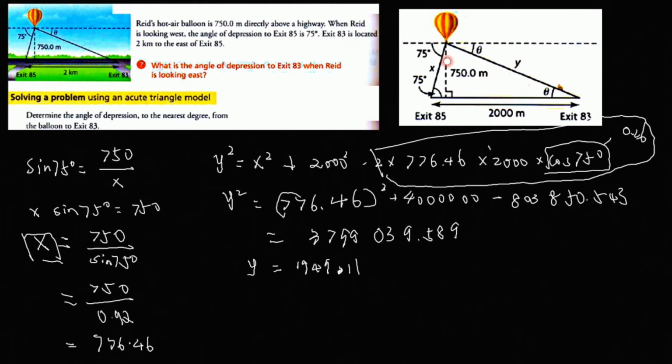In this right triangle, we know the hypotenuse, and we know the side opposite angle theta, so we can use the sine ratio. Let's write down: sine theta equals opposite over hypotenuse, which equals 750 over the hypotenuse we already found, 1949.11. Calculating this, it equals